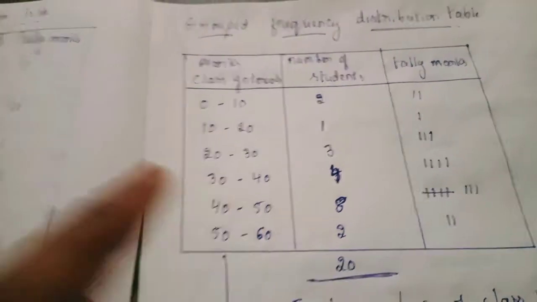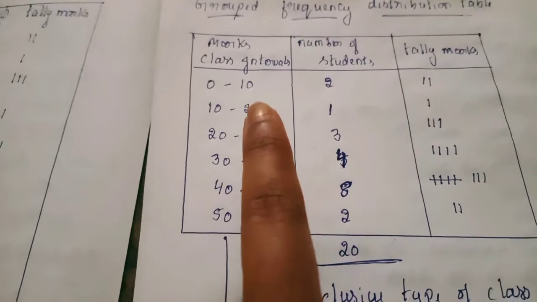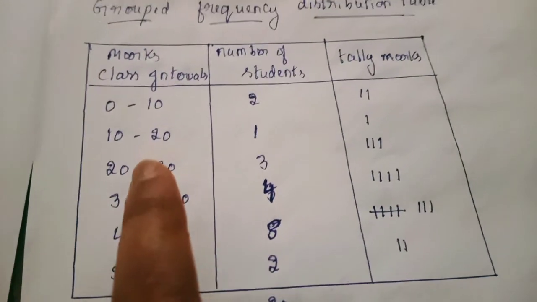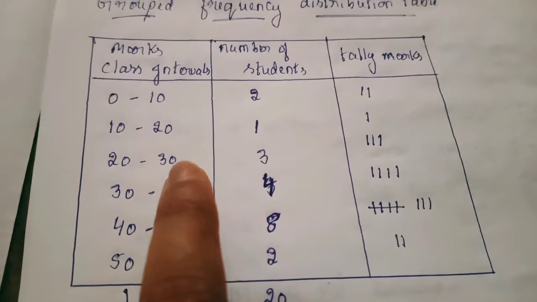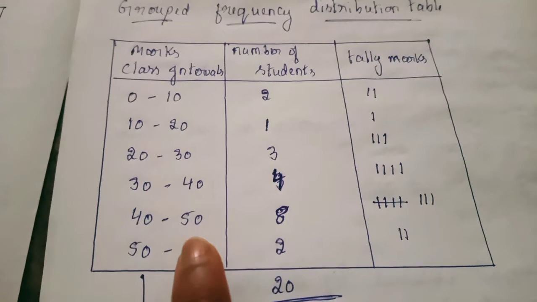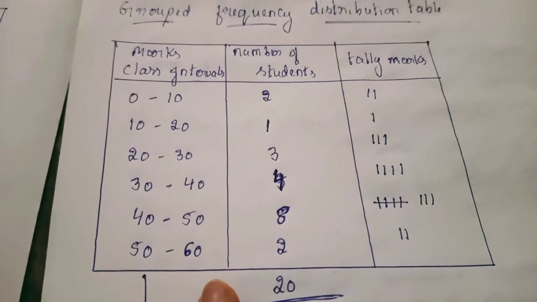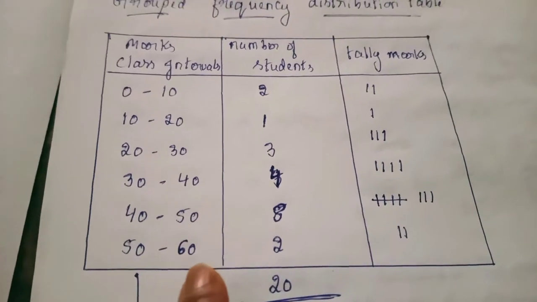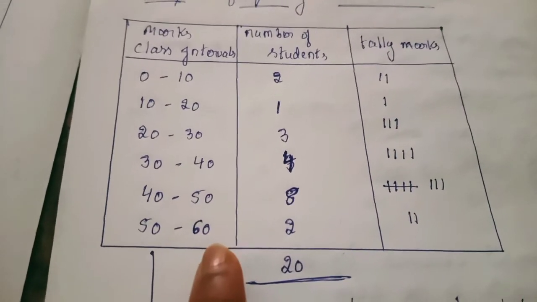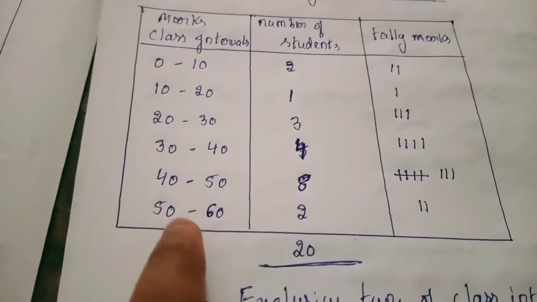So like that you have to count in ungrouped data in such a way that in each group you should exclude the upper limit. So 10 is counted in the second class interval, 20 is counted in the third and 30 in the fourth and so on. Now let me come to the last, 50. We have maximum marks 50. I hope everyone understood now why I took 50 to 60 as an extra class interval even though I don't have marks till 60. Because to maintain the class size the same. Because 50 is not counted here, 50 is counted in the next class interval.